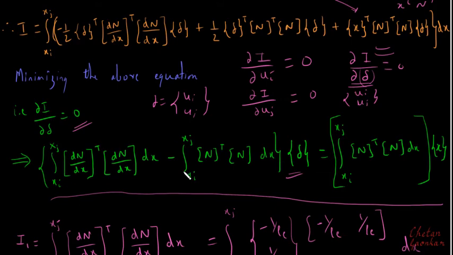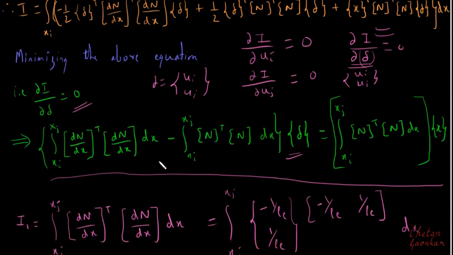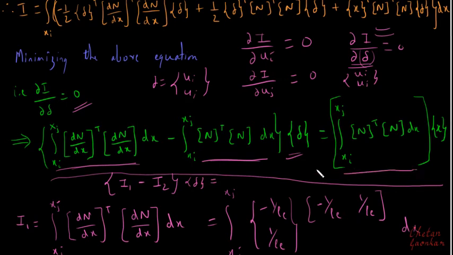And then further, what I need to do is substitute here what is dn by dx, or what is n, and then integrate it. So for that I will write this term in this bracket. I will call this term I1, minus this term I2, times this delta, equal to this term I3 multiplied by x.